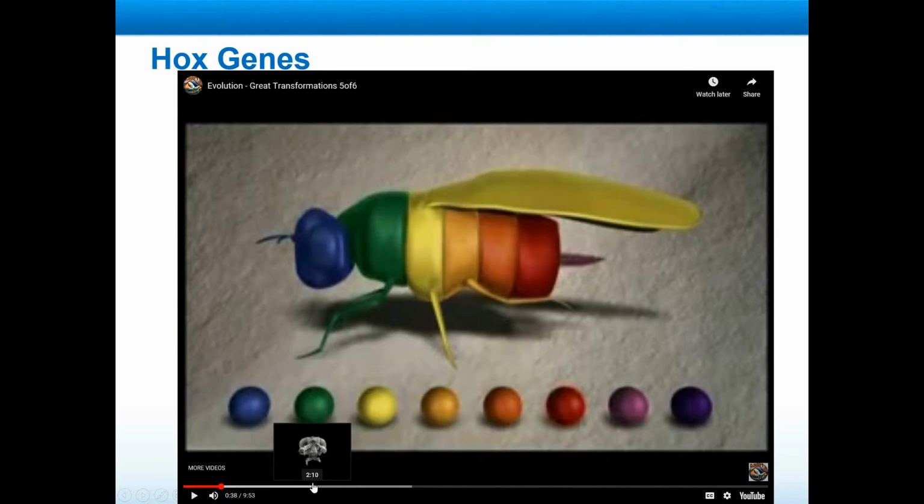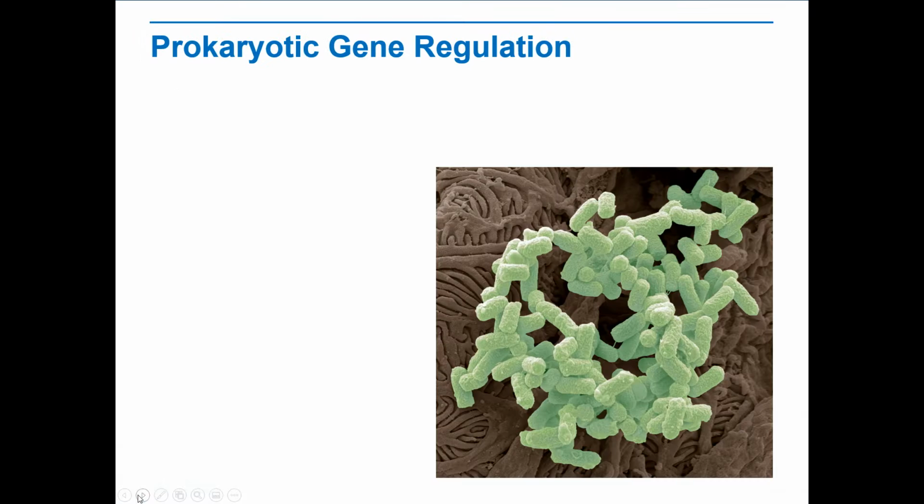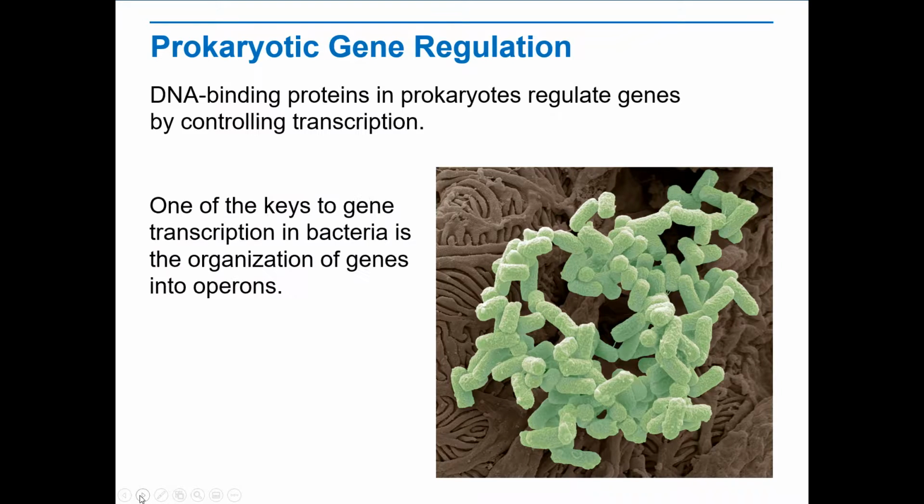Where's that? Growing head or legs out of its head, where the antenna should be. So we're going to really look at this and see how cells regulate the different genes that are being expressed there. Okay. All right, so to get started, you guys, we're going to look at prokaryotic cells first because